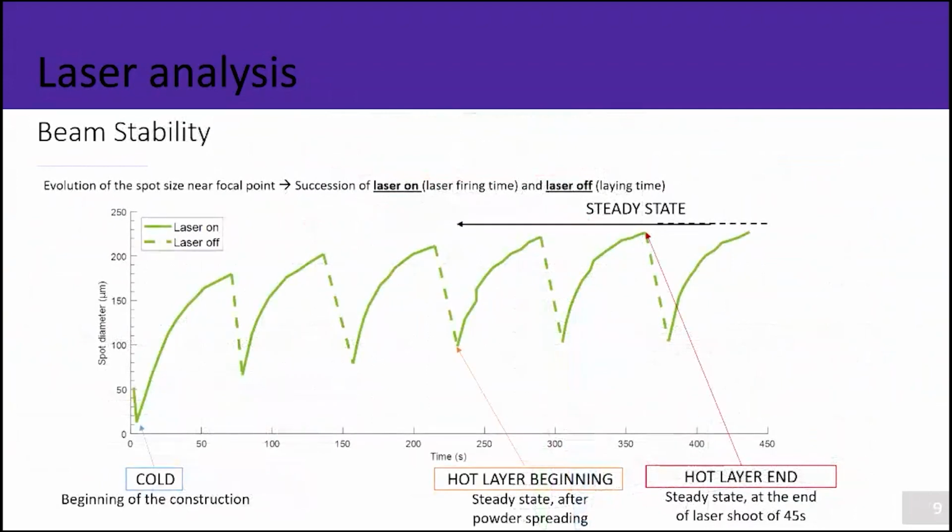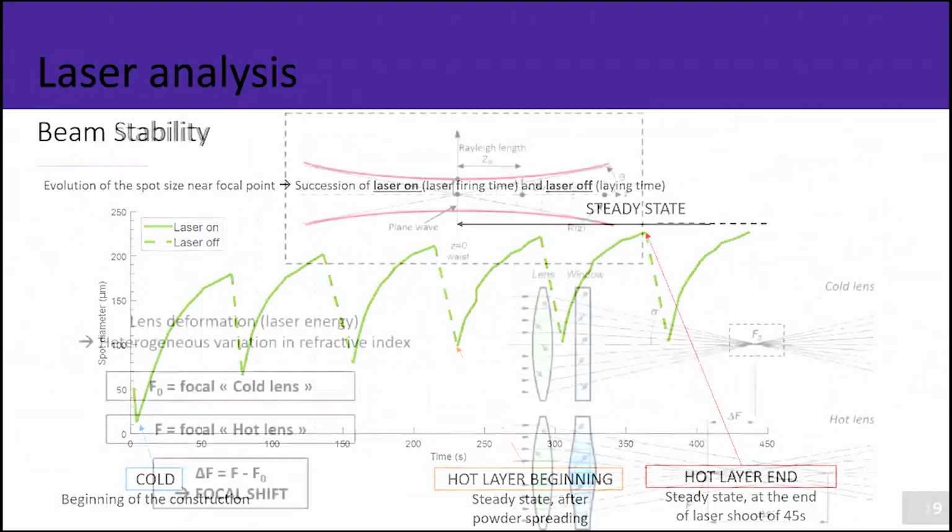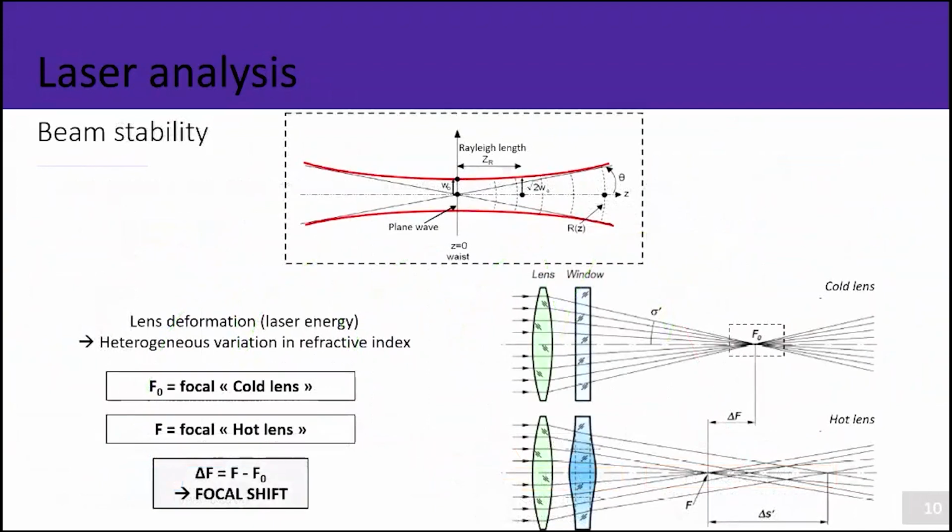So it means that during the construction you have evolution of the spot size, and it's caused by the focal shift. It's a well-known phenomenon in additive manufacturing. It means that during the fabrication and during the laser shooting, the F theta lens is heated and deformed, and the refractive index will change, and it causes a displacement, a shift of the focal point. At cold, it is here, and we see that when the